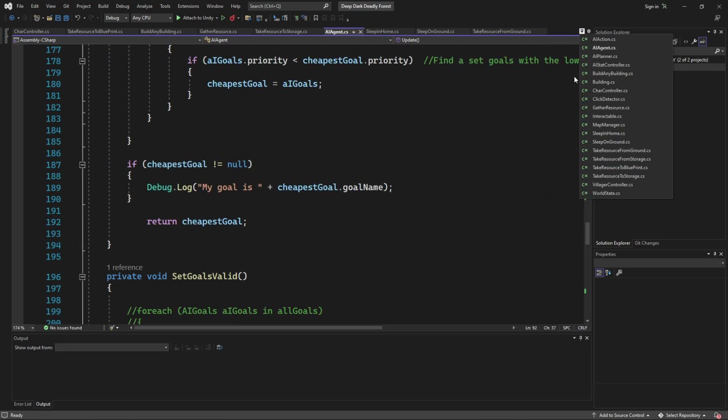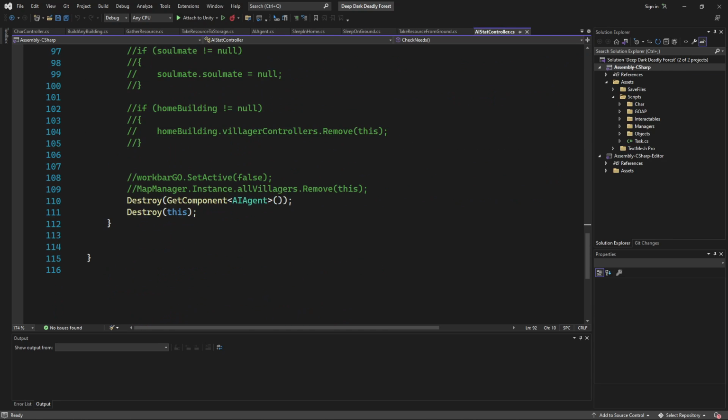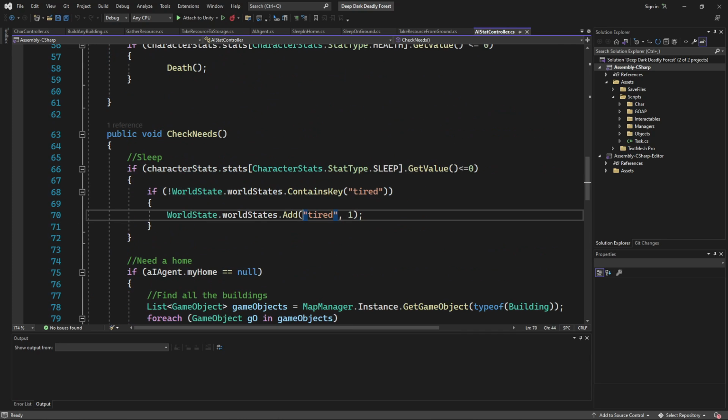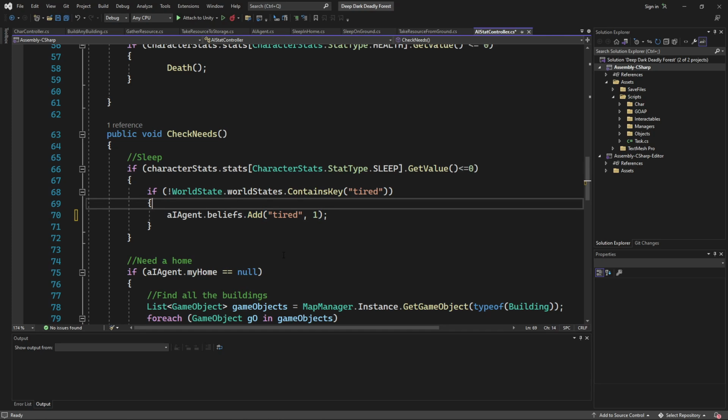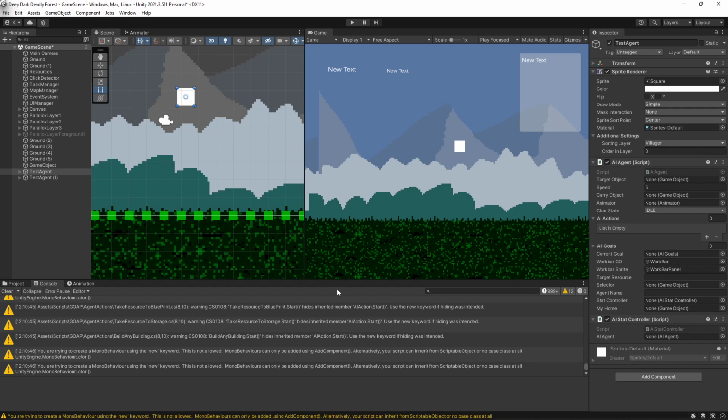Let's go to the state goal. World states. AI state controller. Let's just make sure I typed in the right one right here. This says I'm adding it to the world state. I need to add it to the AI agent. Oops. That believes. And should I do modify? No. I'll just leave it like that. I think modify should be done like that, but okay. So that seems to be working.